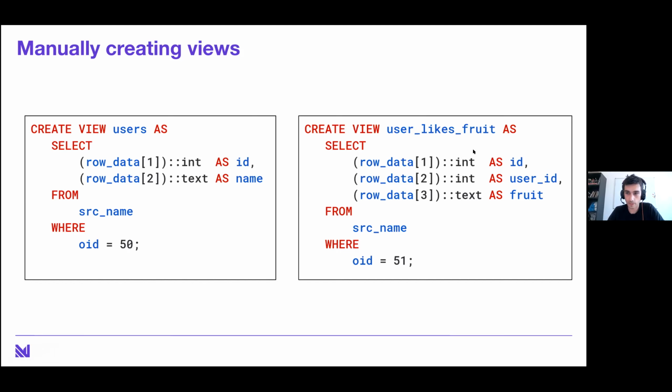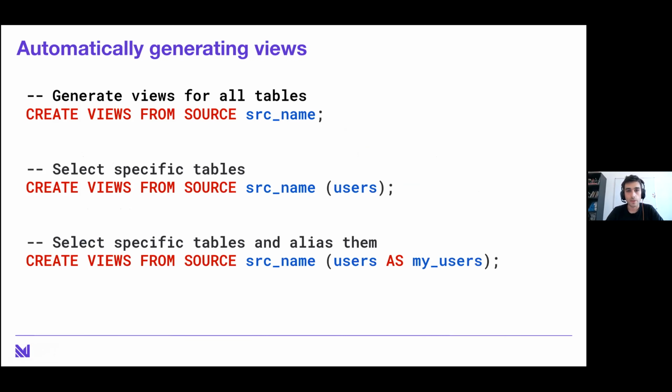And similarly for user likes fruit. But this is pretty tedious and nobody really wants to be writing these kinds of views. And so there's another syntax that got introduced with this feature, which is the create views statement, views with an